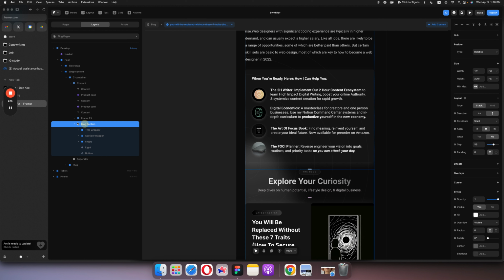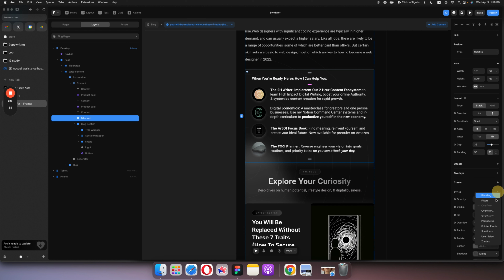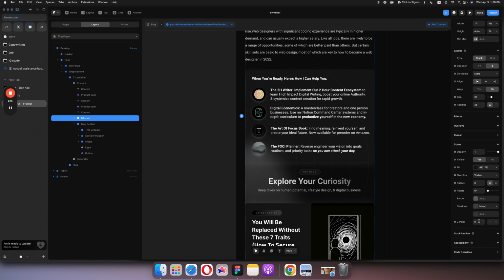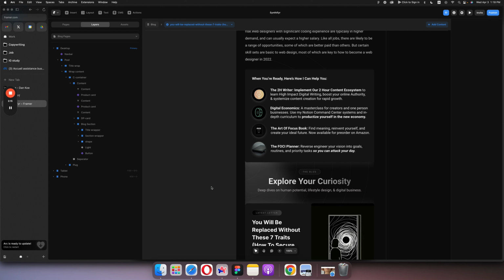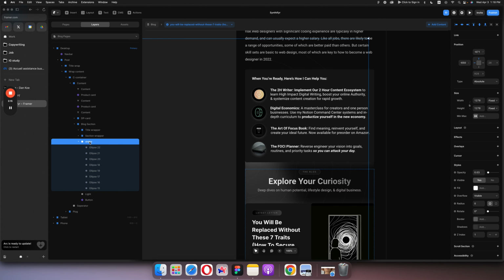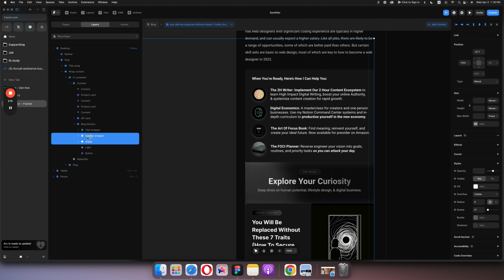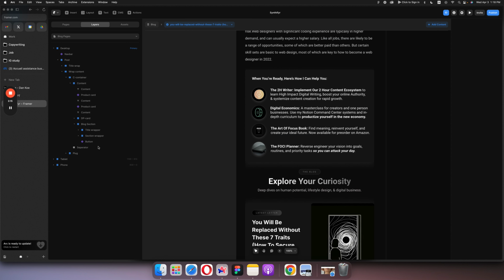Let me see. So that's the digital products card. I guess I need to add a Z index which is higher than the one here. But I need to take this, I guess, and